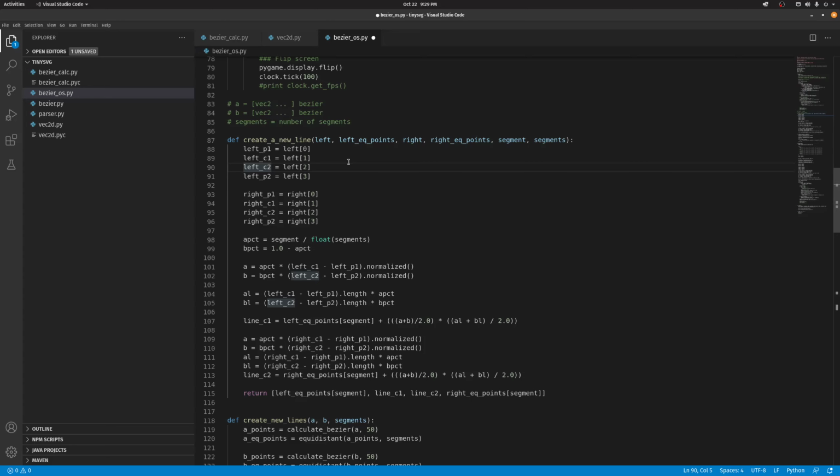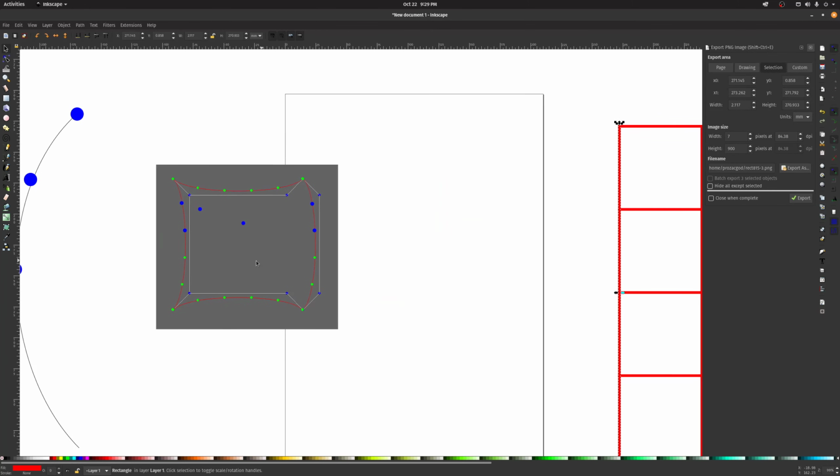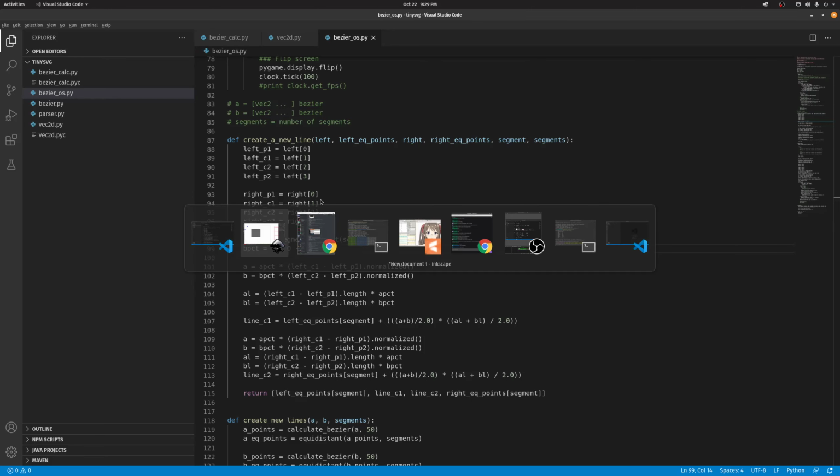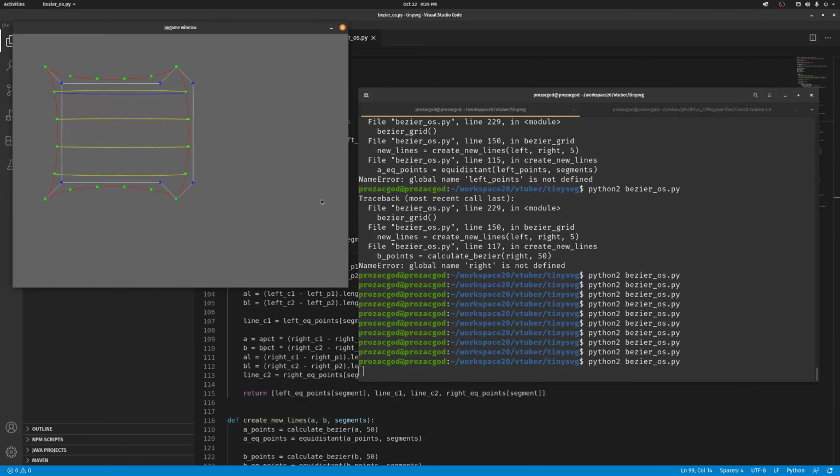Oh no, that's not true. Hold on. Wait, wrong. I have to calculate the new control point for these two interpolated across this line, and the right control points interpolated across the right line. That's not a problem. So maybe the control one, P1, P2, like maybe this is in negative space. A real quick way to do this, I could just try flipping the signs. Let's just see what happens. If that's what's going on, then I suspect that